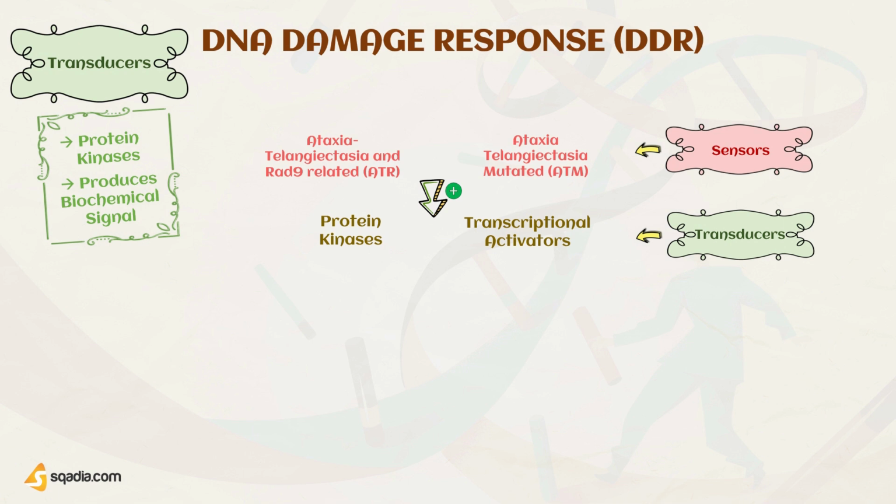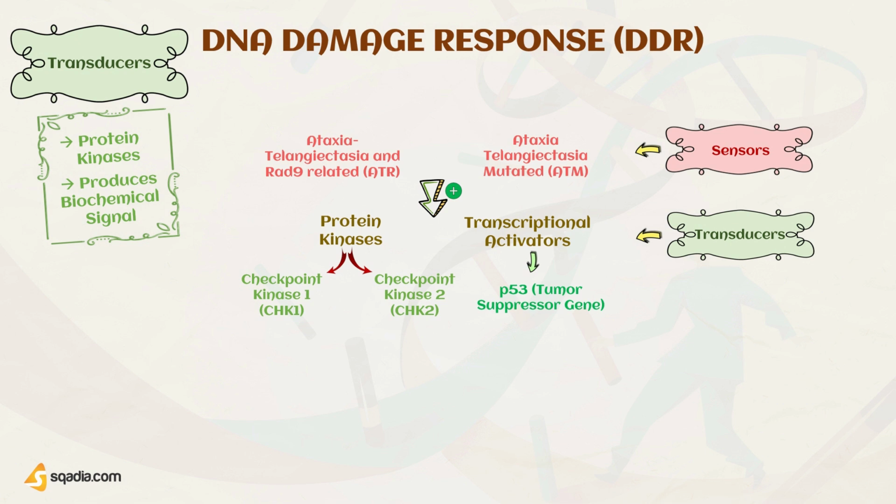So, ATM and ATR bind to DNA-damaged sites and activate two transducer kinases, checkpoint kinase 1, or CHK1 for short, and checkpoint kinase 2, or CHK2 for short, as well as a transcription factor called p53, which is also a